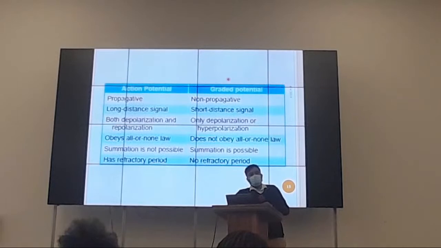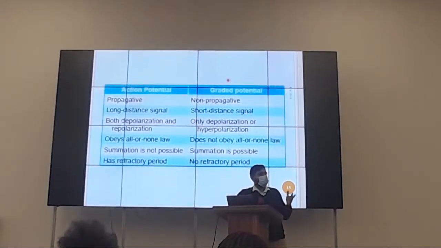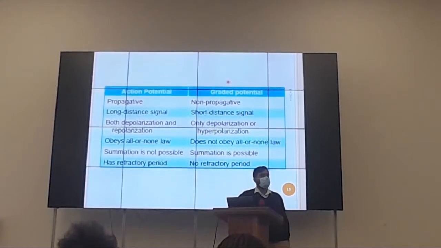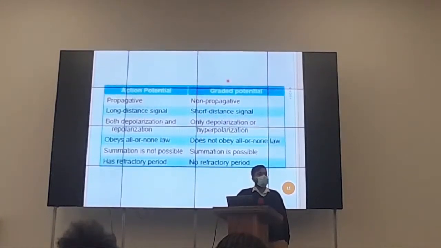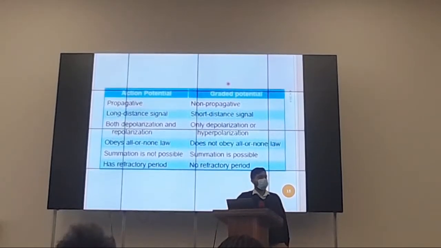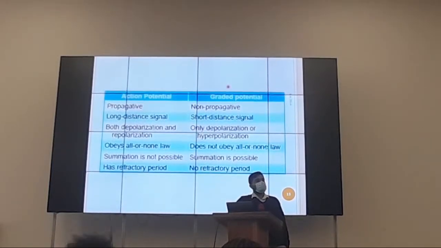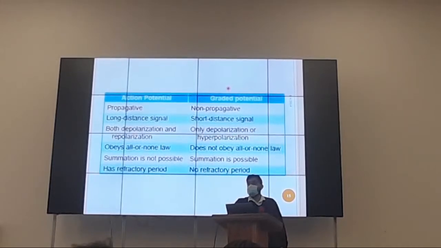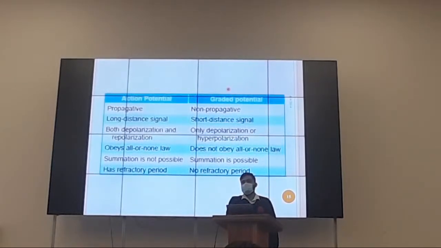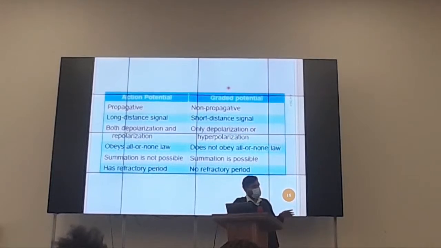It does not obey the all or none law, and that's pretty obvious, right? Remember that when we talk about action potentials, a very important principle is the all or none law. Anyone to help us describe the all or none law? Right, so what we are saying is that this all or none law is saying that for